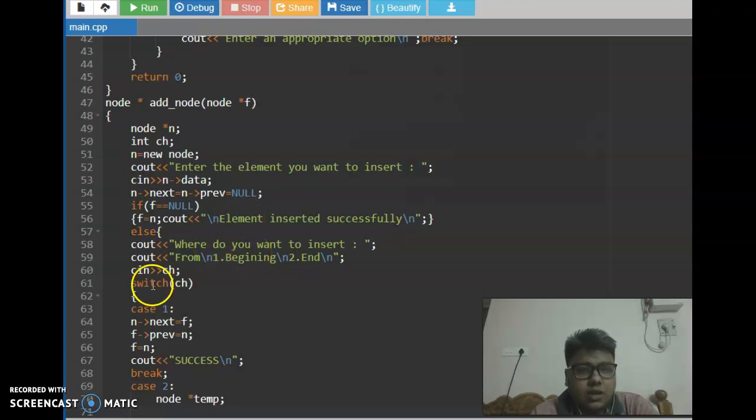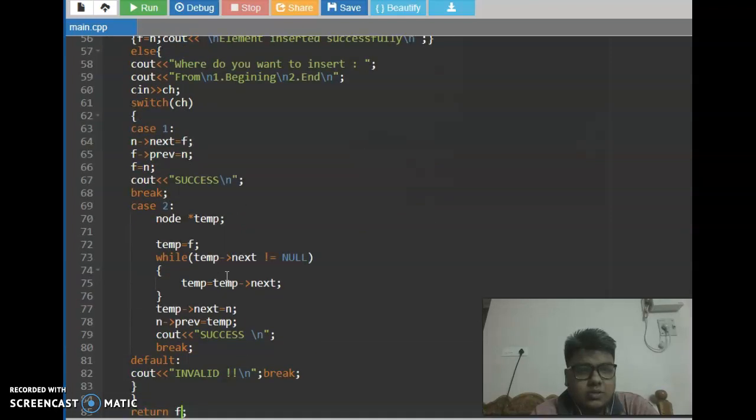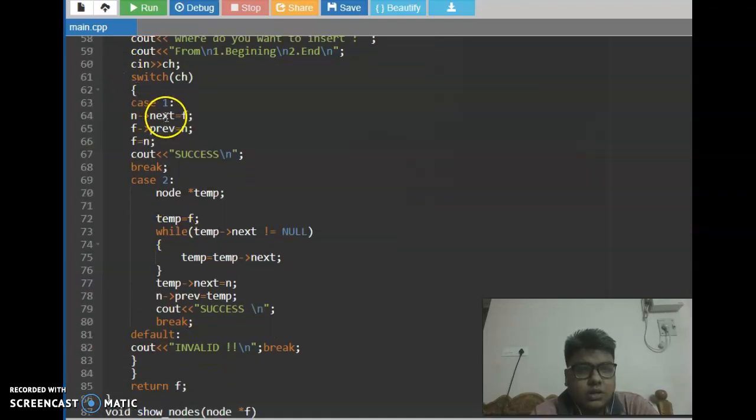Here we choose whether to insert at the beginning or the end, using option 1 or 2. In the switch case, case 1: n next is equal to f, f prev is equal to null, then f is equal to n, it adds successfully, and break.